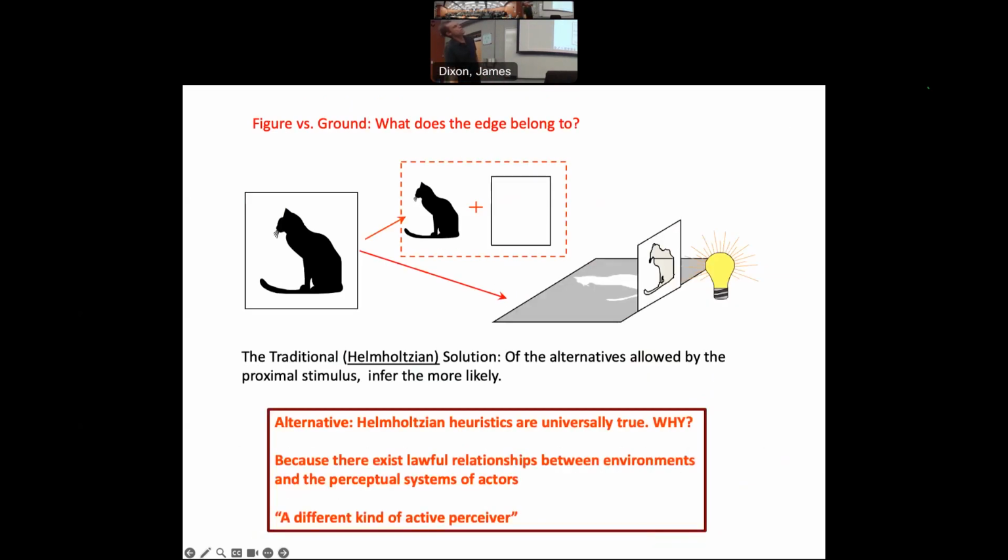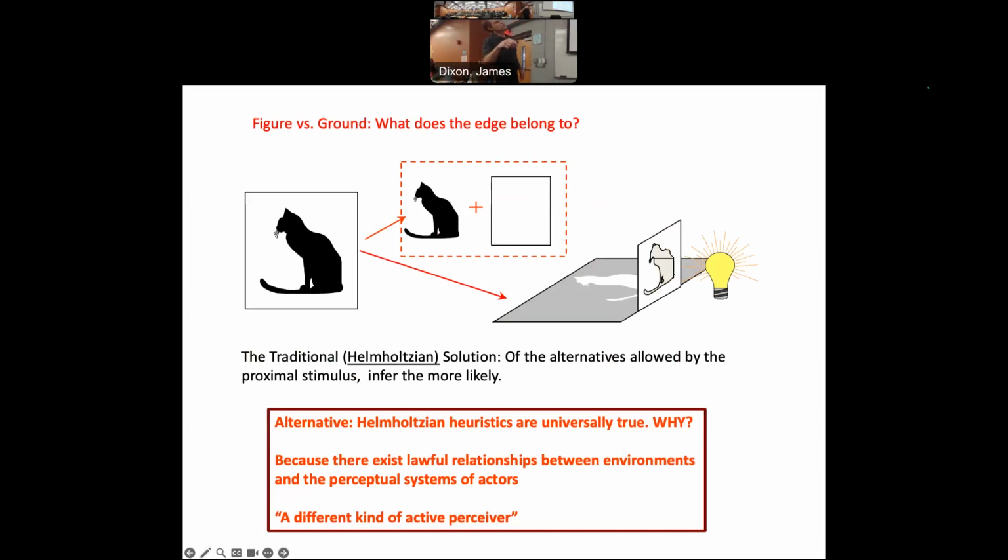So let's return to the cat, the weird cat. Here we have this figure of a cat. And our usual interpretation, the most likely interpretation, we thought perhaps, was that there's a cat in front of a background. But of course, there is this other possibility: this figure is being created by a shadow of a cat, where the light is on the outside and the background is back. So it's a cutout of a cat. Okay. Weird starting place for thinking about perception. You can see they're trying to simplify things.